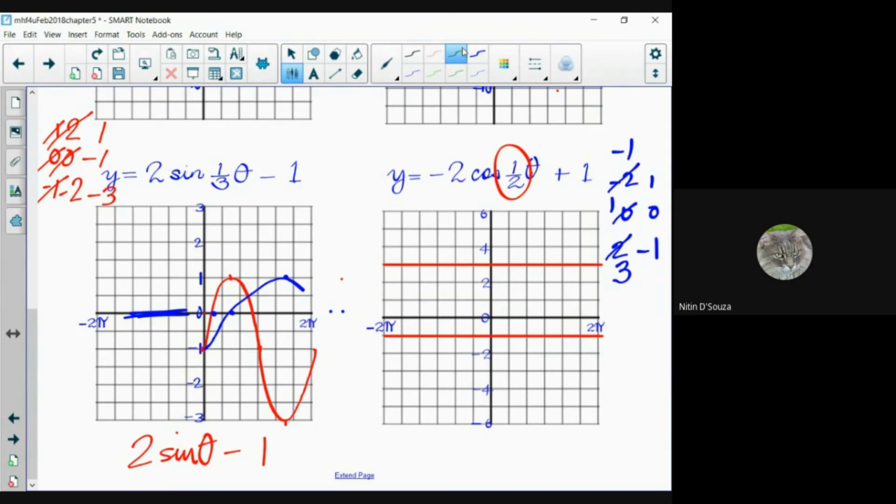So negative cosine might have looked like that. Because of the half, we're going to multiply all the x values by 2. So 1.5 goes to 3. 3 goes to 6. And so your curve would look like